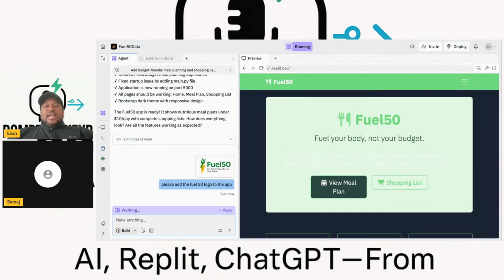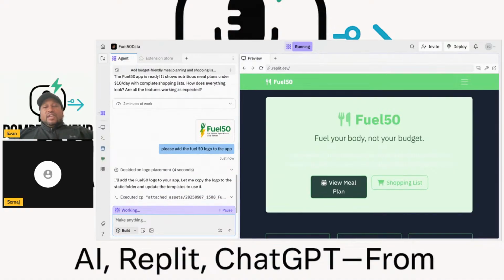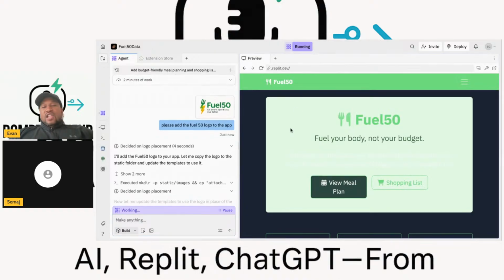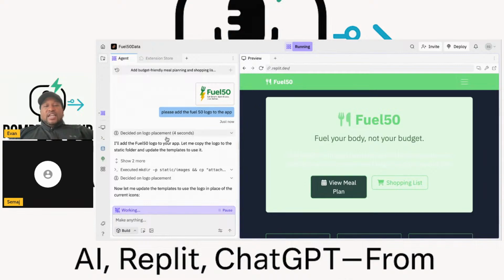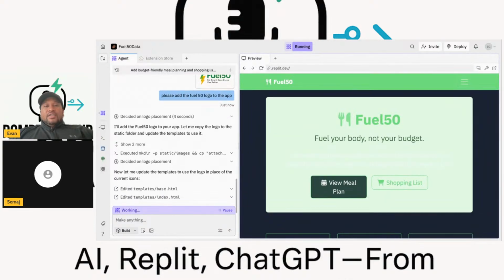Now, it does help to be very specific. I should have said where I wanted it to be, but sometimes it's better to let the app place it and you move it, because it has certain terms that it uses to identify the page, like upper corner, lower corner. If you're not really familiar with code or how they break the page down, it's easier to just let them do it. All right, so here's the app.